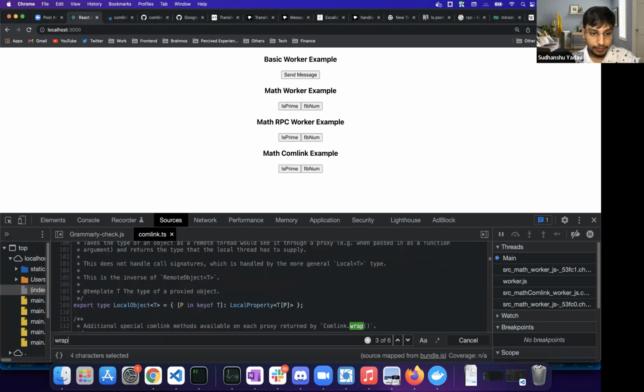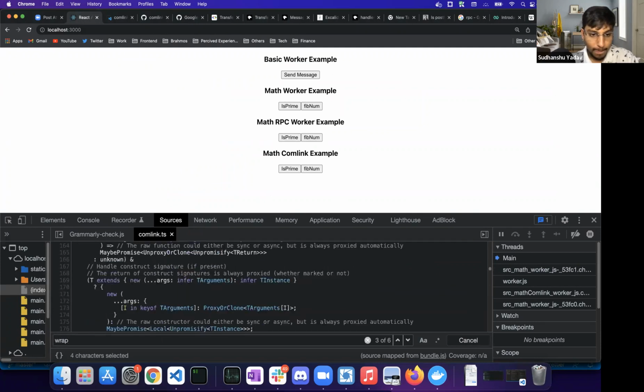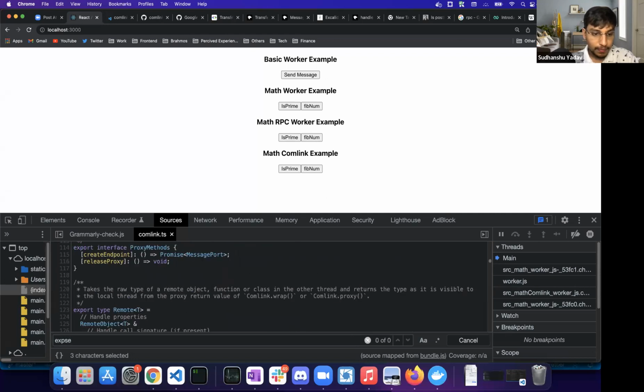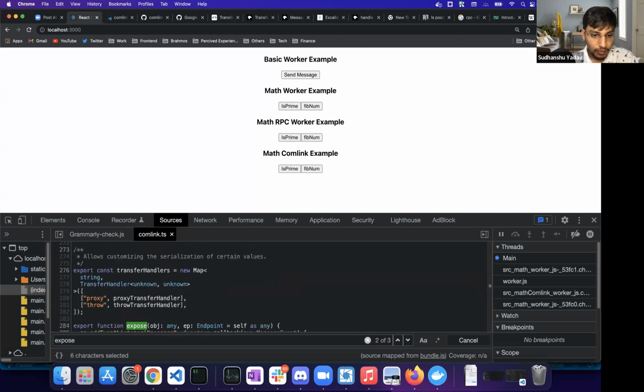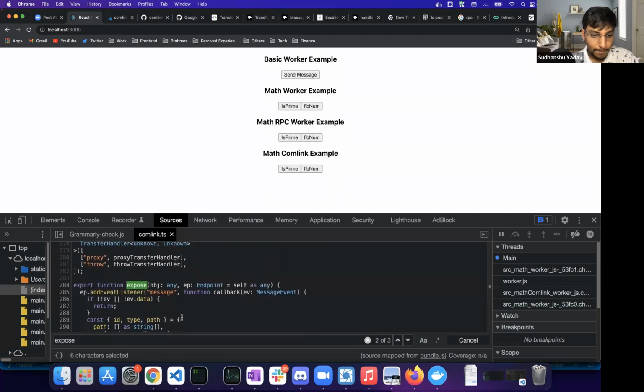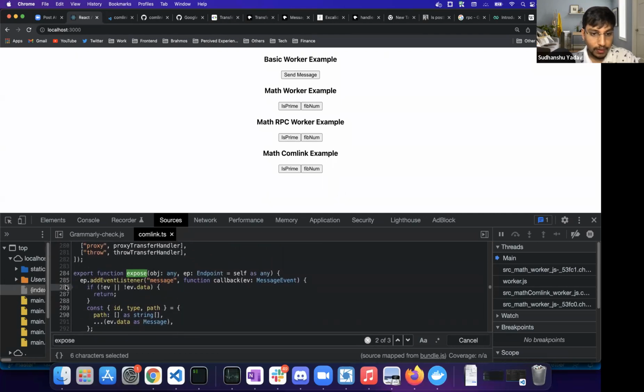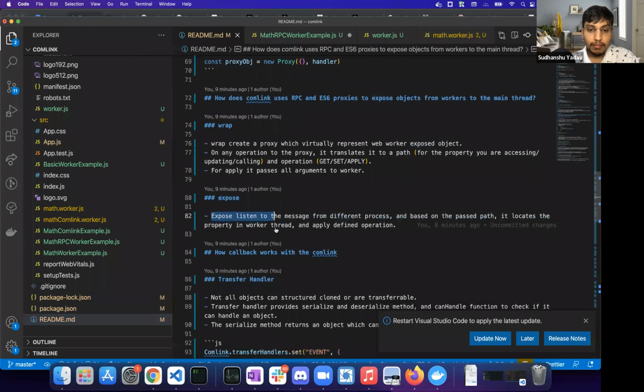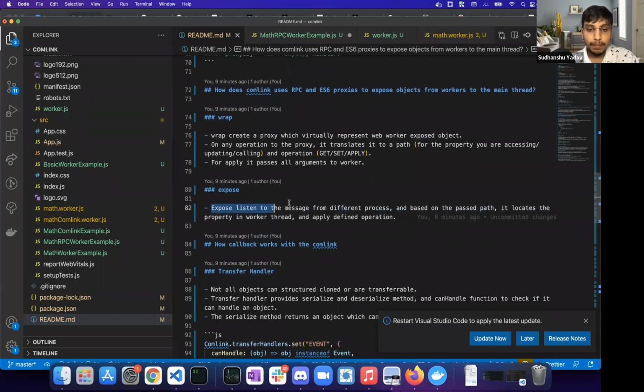So wrap. Let me show the expose function first. Expose. But before that, the expose thing, what it does, it basically creates a listener, like it does the